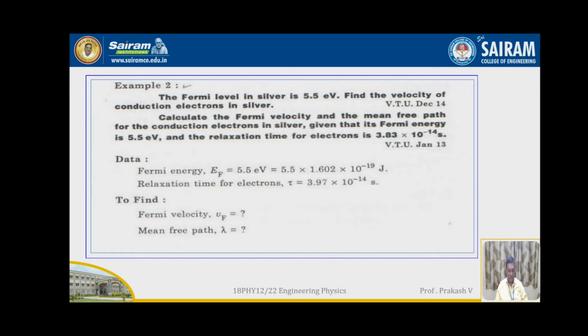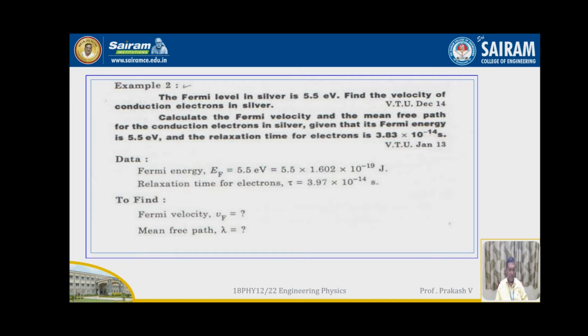The Fermi energy level in silver is 5.5 electron volts. Find the velocity of conduction electrons in silver. Calculate the Fermi velocity and the mean free path for the conduction electrons in silver, given that its Fermi energy is 5.5 electron volts and the relaxation time for electrons is 3.83 into 10 to the power of minus 14